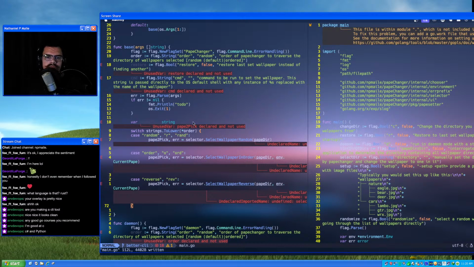Let's see. papeToPick, we'll get to that later.